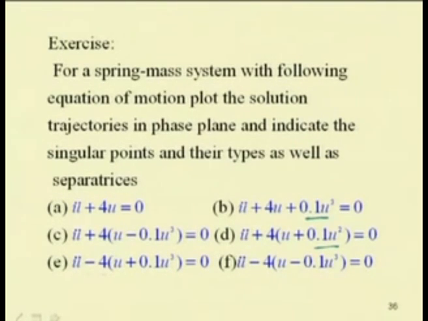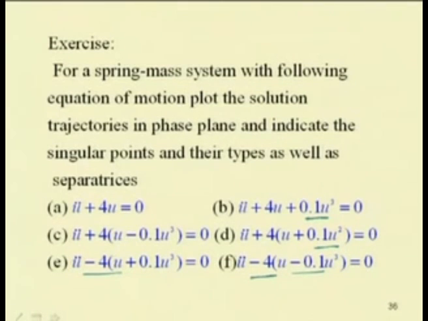In this case you just see I have taken minus 4 u. In the case of minus 4 u, this is an unstable system because the stiffness is negative. As the stiffness is taken to be negative, you can find it as an unstable system. So, you just study its response by plotting the trajectory using this potential well method. Similarly, here also you have a soft spring, minus minus plus. So, you have a hard spring with unstable linear part. The spring stiffness is minus 4 here. So, you will have a negative stiffness.